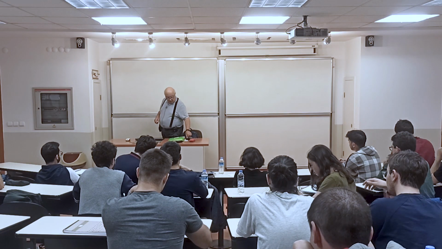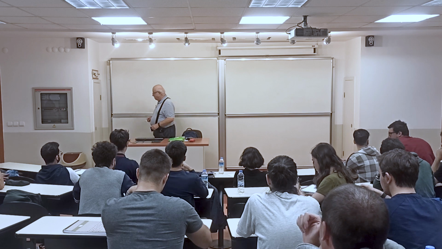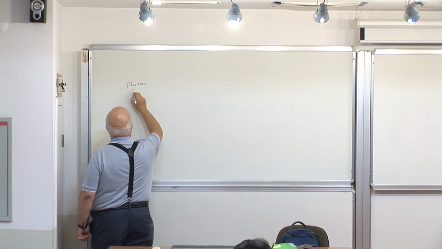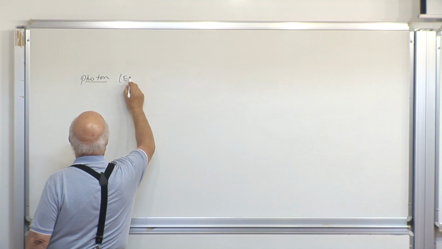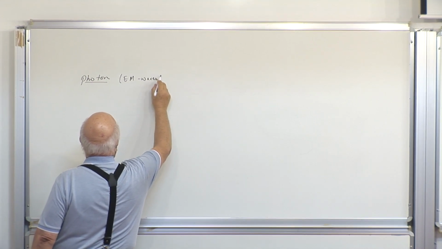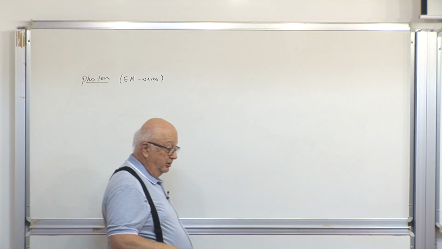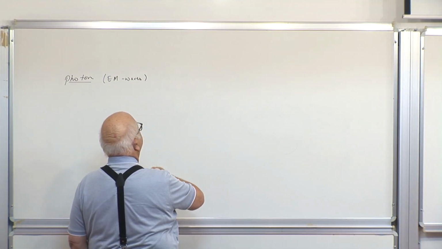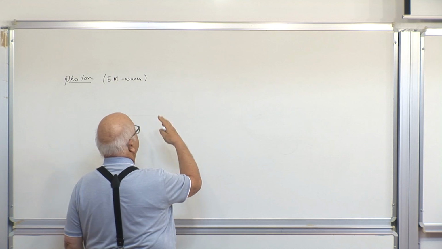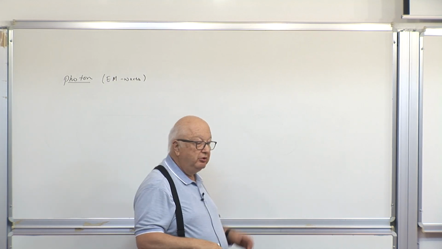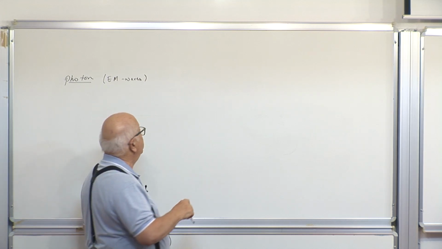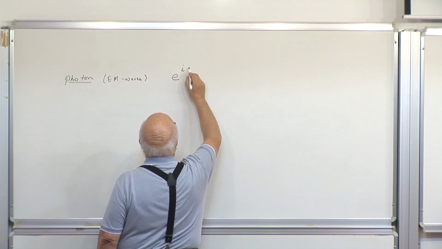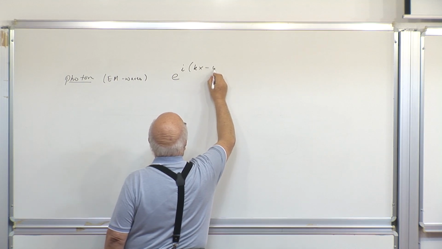Let's see. So last time we looked at the photon, and this is the case for electromagnetic waves. Okay, so this photon is the quantum mechanical version of the electromagnetic waves, and we have these waves, so we could write it as a sine or cosine or exponential, but we'll try to stick to the exponential notation for most of the time. So we have something which looks like e to the i, okay, kx minus omega